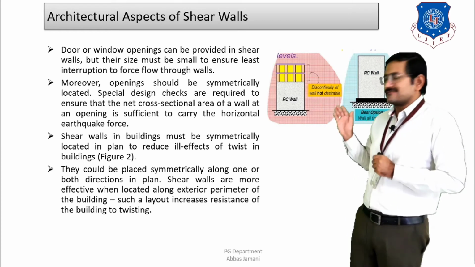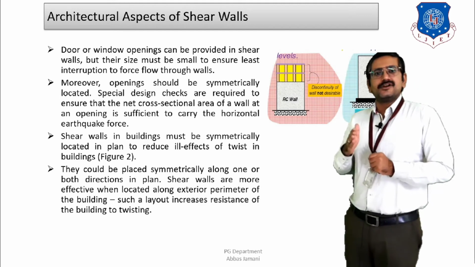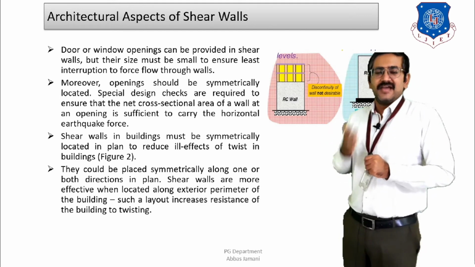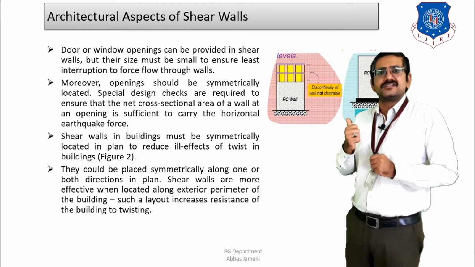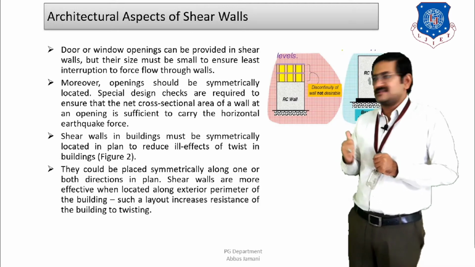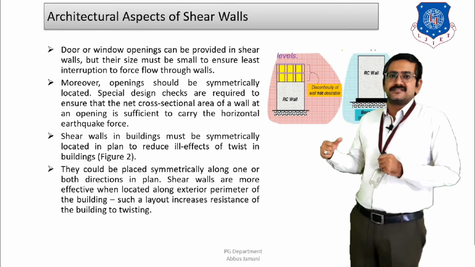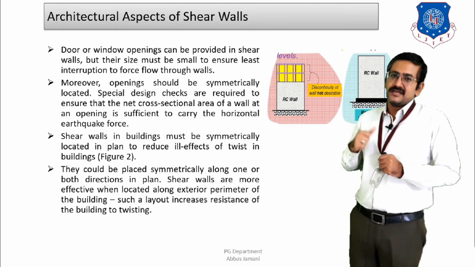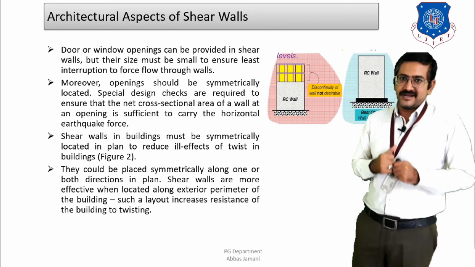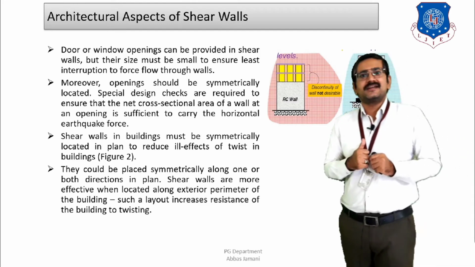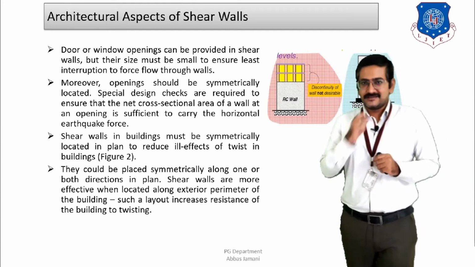So if you look at it from the good practice point of view, which is going to enhance the performance of the building and make sure that the forces are evenly distributed and safely reaching the foundation, then the second option, where the wall runs throughout the height of the building, is the preferable case, right? So that is also another architectural criterion that needs to be kept.